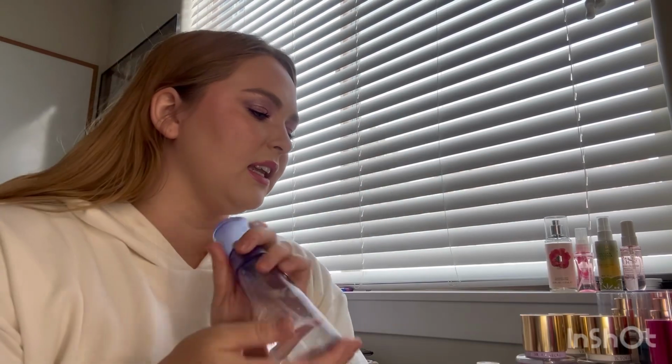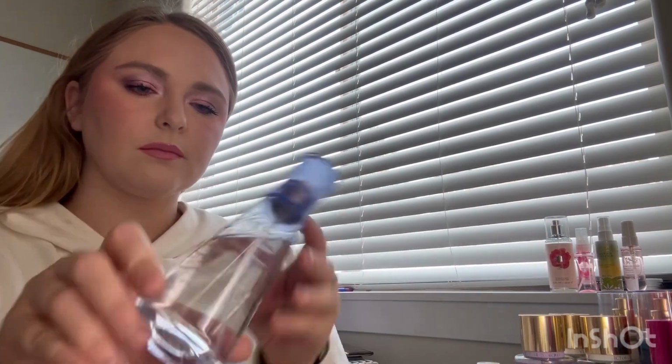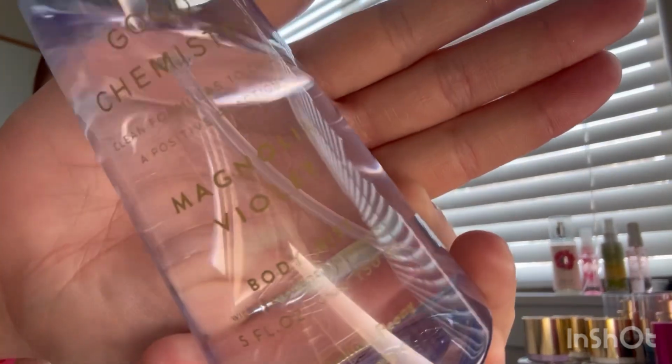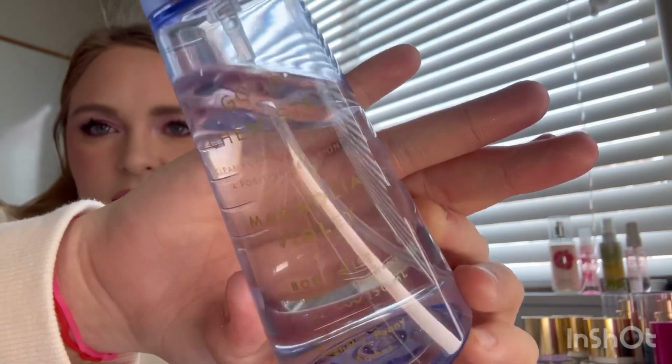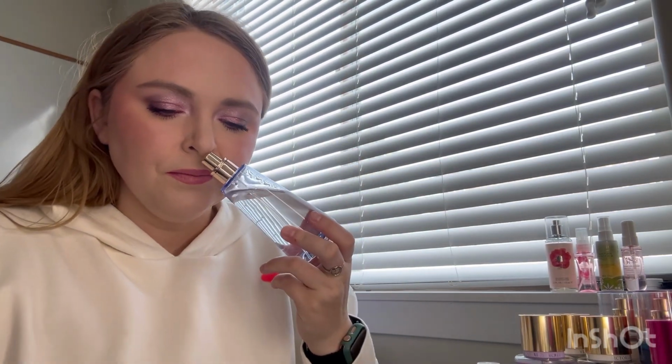Okay, now moving on. Oh, I do have another one that's only a one-off. That should be my only other one, I think. Okay. This is Good Chemistry's Magnolia Violet. This is what it looks like. It's the purple-ish bottle. Once again, this is the body mist, and I took a picture of the